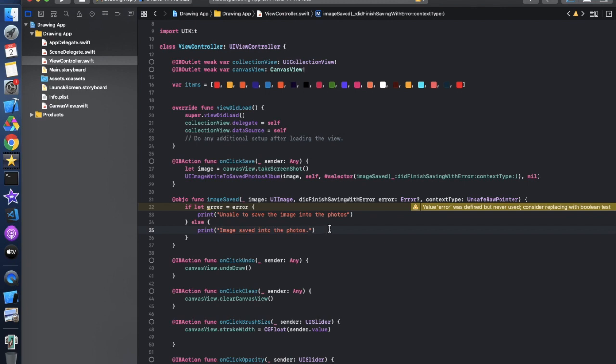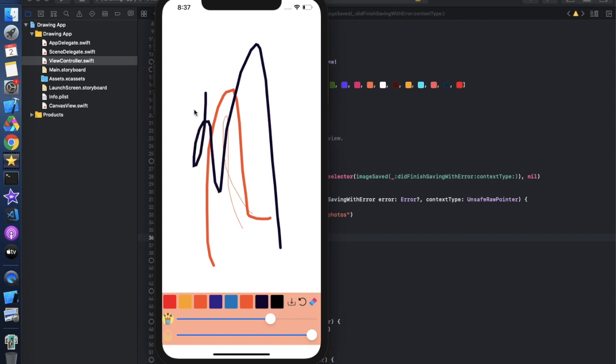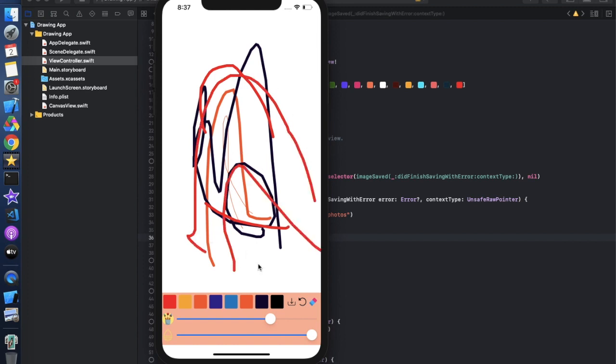Now let's run this thing and check that it is working fine or not. And it is saying that okay, fine, we can do all this also, because we are not using that error thing anywhere in the code. So let's run this thing again. So this is our canvas. Now let's draw something. It's totally up to you what you want to draw. Now let's save this thing. As I click on this save,